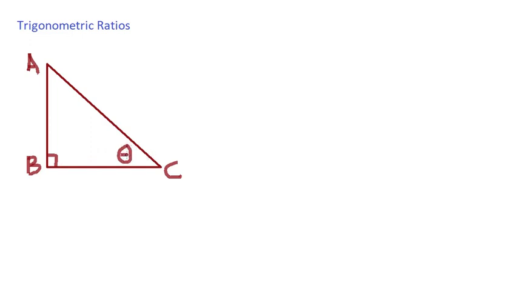Theta is a Greek letter and it is used to denote angles in particular. So let this angle be called theta. Now we define the first trigonometric ratio, sine theta. Remember it is pronounced as sine. So sine theta is defined as P